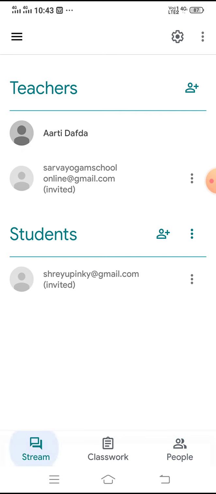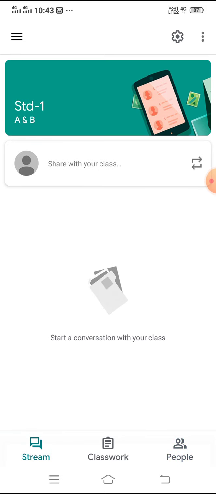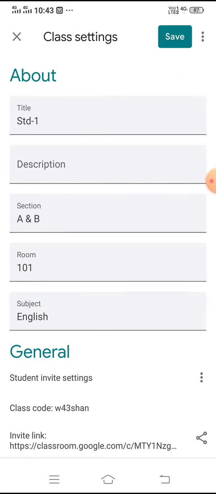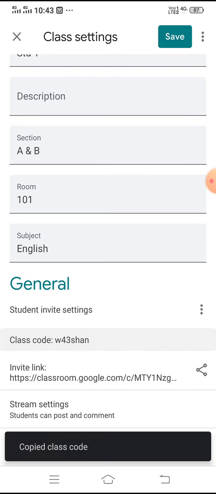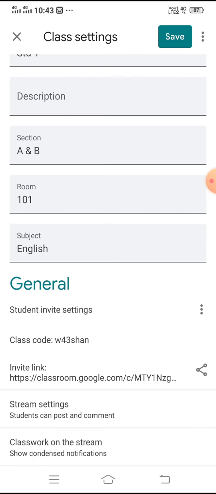You can also invite your student through class code. See, at the setting, you can see the class code here. Just click on the class code and it will be automatically copied. Now you can share this class code using any application such as Gmail, WhatsApp, and you can also invite through link so student can directly join your class.